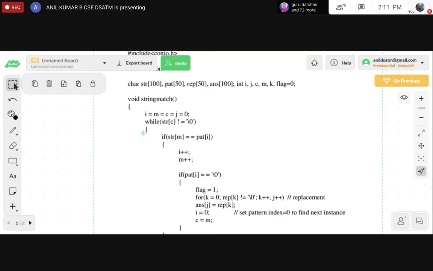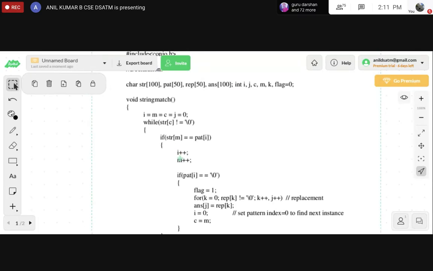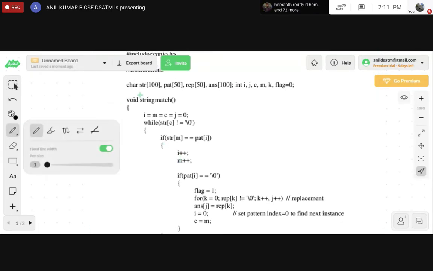So the major part of this program is the declarations. First declaration: this is a source string str, pattern, replacement string, answer, and final reply. After performing the replacement, the final computed string that you get will be assigned to answer.